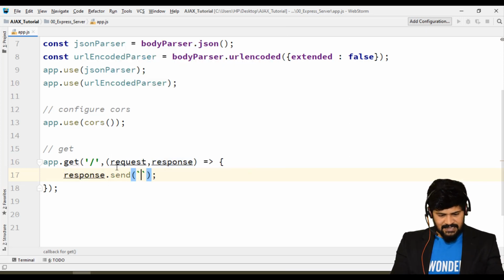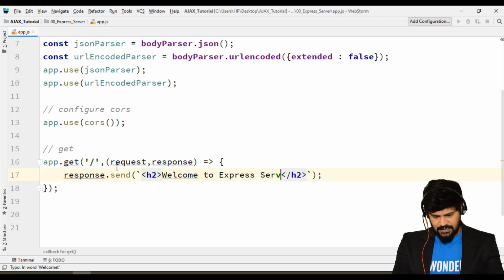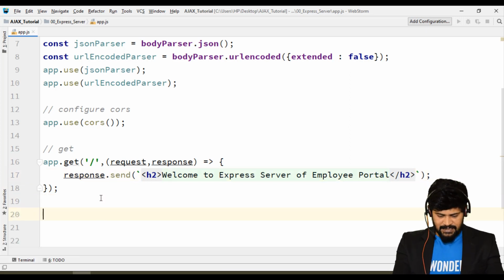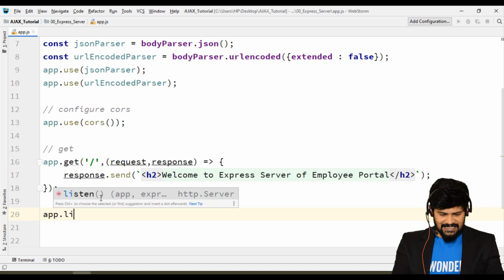I'm going to send a basic response from the server, an h2 tag: welcome to Express server of employee portal. This is the message you're going to respond back. And then finally app.listen.